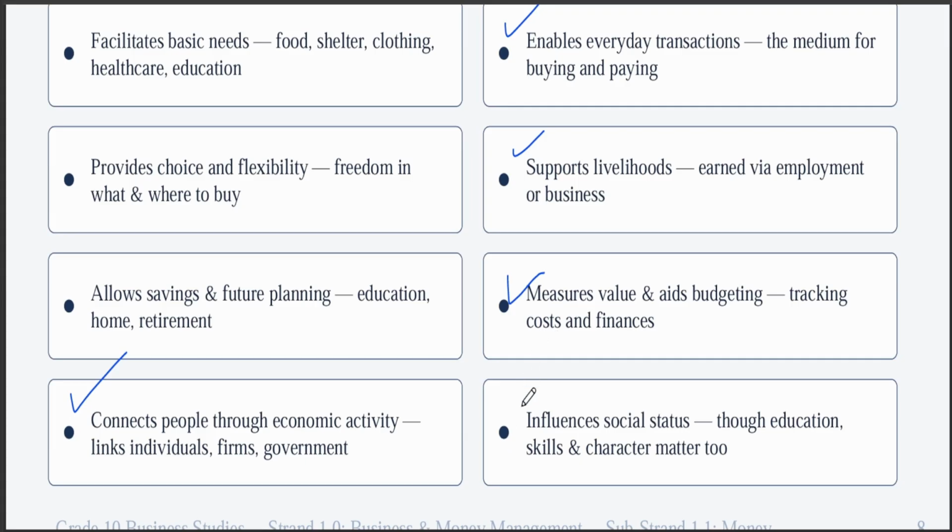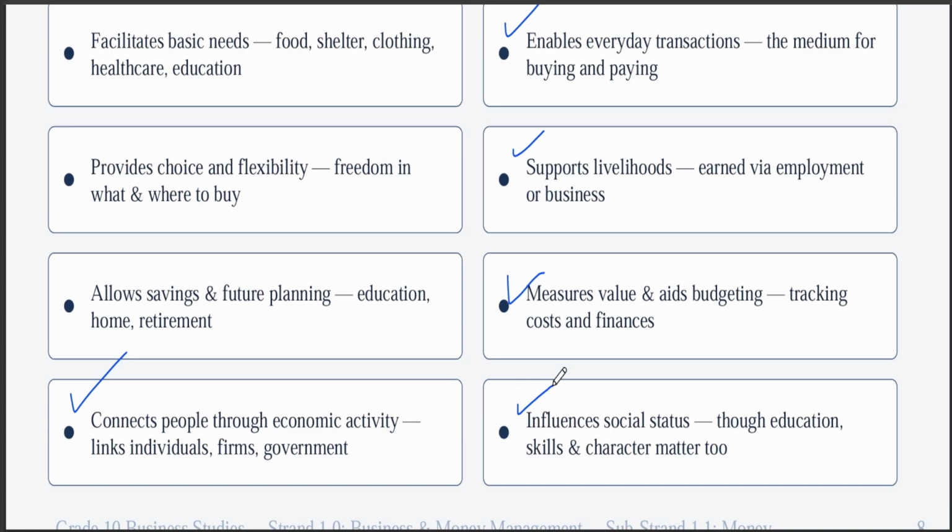Now the last one, it influences social status. Mtu akona pesa is regarded as a wealthy person. So it influences social status because money is used in getting education. The huge amount of money that you have, the larger waweza ukapata fees ya kusoma university kubwa kama Strathmore and etc. So the more money you have, the higher the quality of education, but that's something very very sad nowadays. I think kwa vile uko na pesa mingi ndo waweza pata quality education kubwa, which is very very sad.